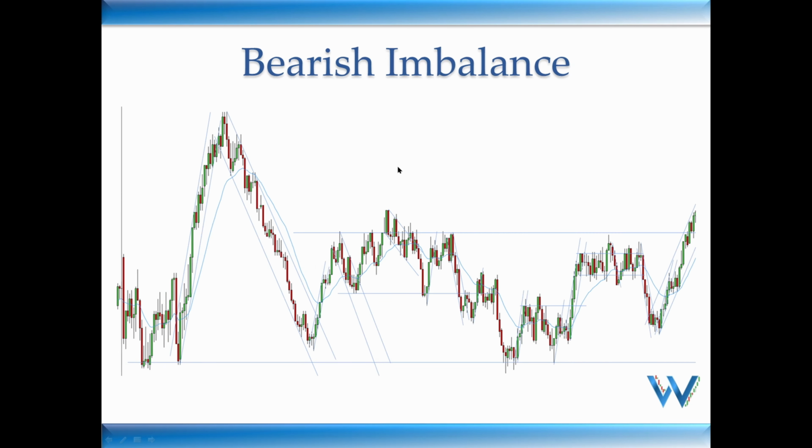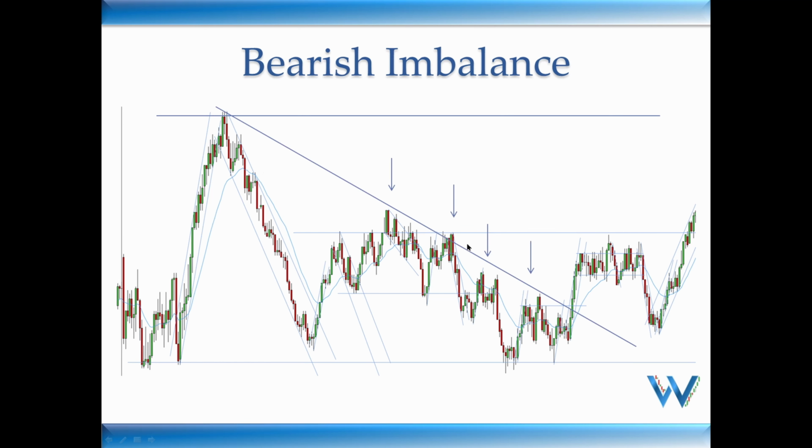And today's structure was basically just a smaller version of the previous examples. When I identify the high of the day, I see that we keep creating a series of lower highs and we have a bearish imbalance in this trading range. And there is a potential trend line that can be drawn and make you understand what kind of bias this is. For that reason, even though we're breaking below this trading range, I'm not fading the breakout, I'm not taking long